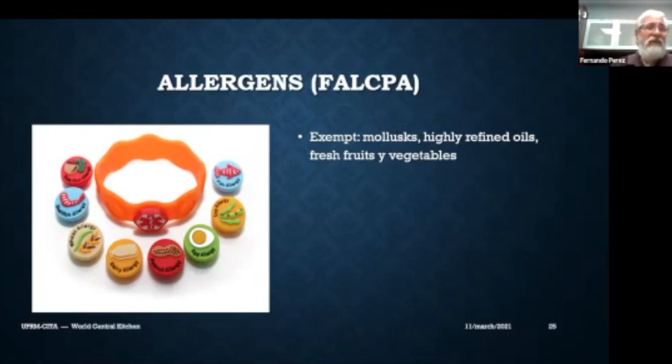So in the United States and its territories, there are 8 declared allergens that they call the Big 8, which are fish, soy, egg, peanut, milk, wheat, shellfish, and tree nuts, including coconut, by the way. And these are the Big 8. So products that contain these ingredients or ingredients derived that are byproducts of these should declare that they contain allergens. And I have here an exception, like mollusks are not included in either fish or shellfish. So if you're processing